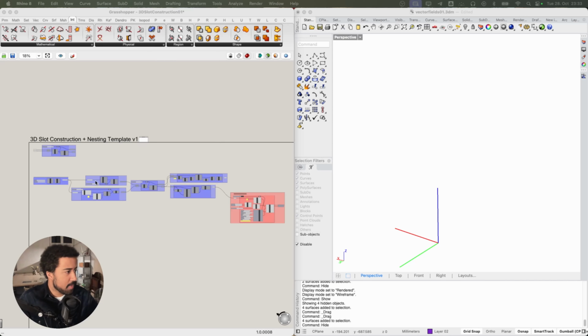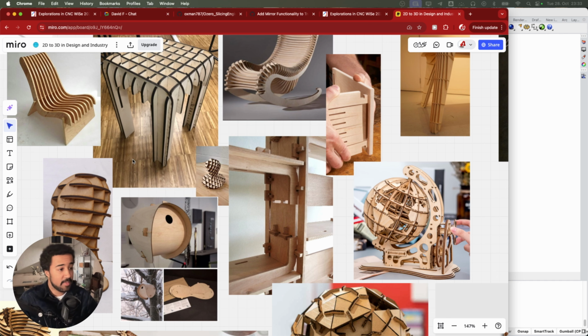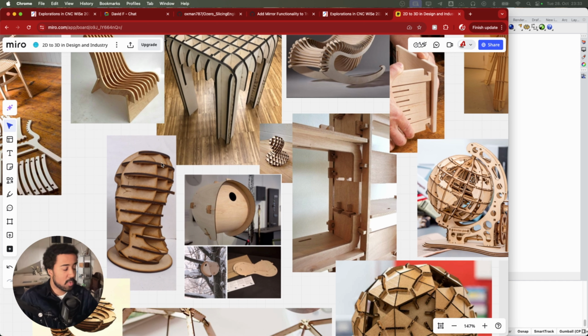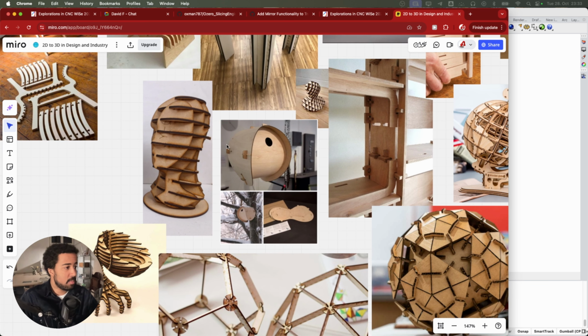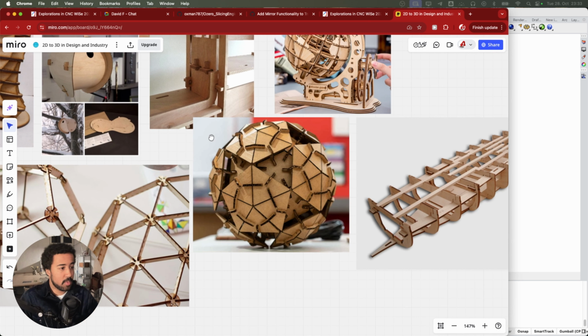In this video, I will show you the 3D slot construction and nesting template, which is a Grasshopper definition that shows you how you can do 3D slot construction from sheet material. So what this means is we have a construction in which we have flat pieces of sheet material. That could be wood, could be cardboard, could be any material, metal, acrylic, plastics, whatever you want to use in